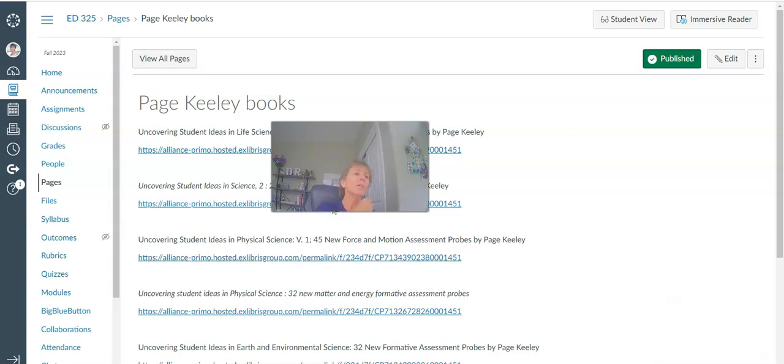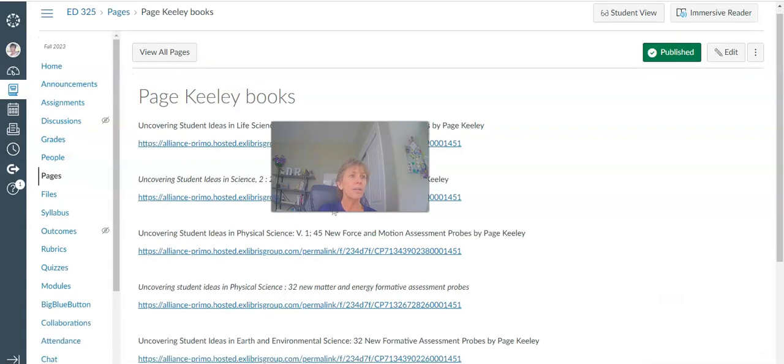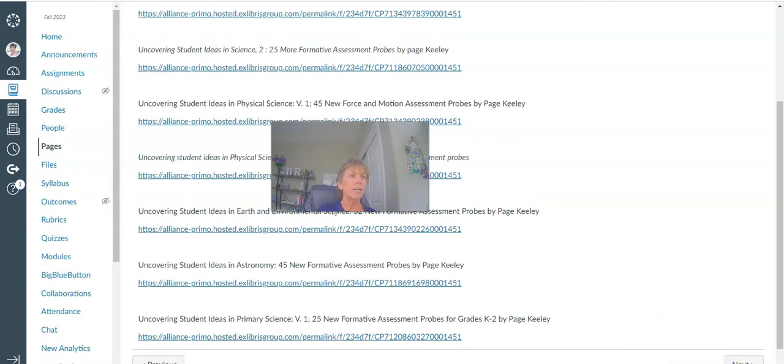If you're picking adults, you want to pick one that's maybe a little more advanced. If you are picking young kids, you might want to stick with ones that are a little more simple. Although I tell you, you'd be surprised at how many adults still have preconceptions that aren't necessarily accurate about lots of topics. That's the second part of the assignment.